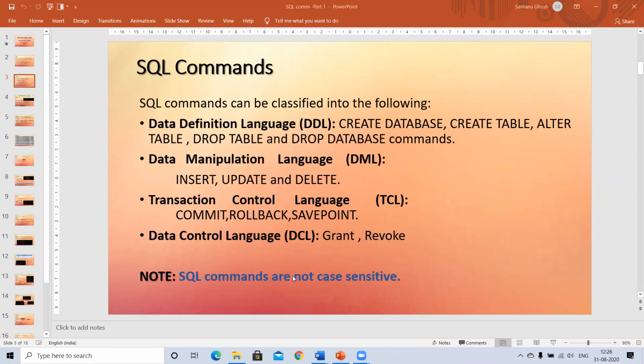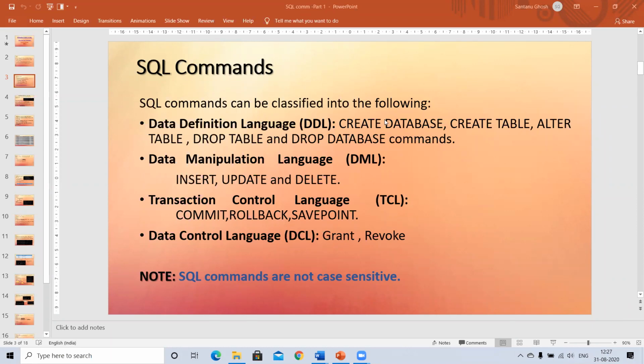There we classify the commands into four categories, currently focusing on the first two: DDL, data definition language, then data manipulation language, then transaction control language, and then data control language. I'll just quickly brief it up. For the DDL, we said they mainly focus on the creation, alteration, and drop of databases and tables.